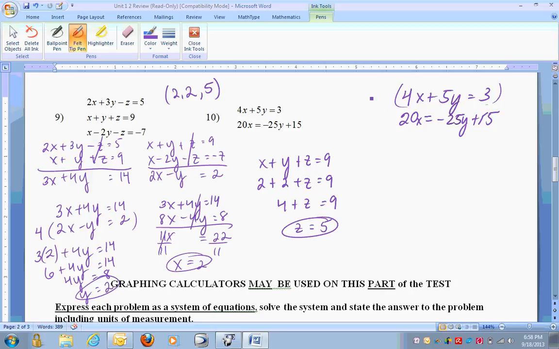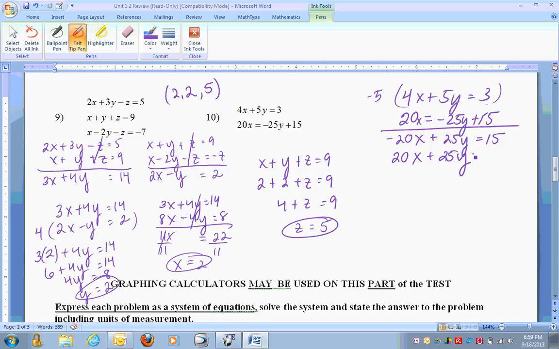So let's multiply this top one by -5, and you end up with -20x plus 25y equals 15. Okay, so let's go ahead and rewrite our second equation to where the equal signs line up. So I'm going to bring this 25y over to the other side. So I end up with positive 20x, and then now positive 25y